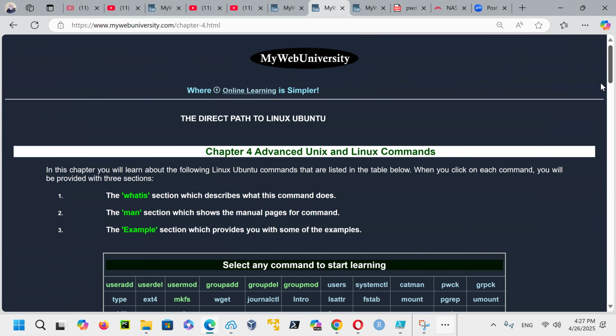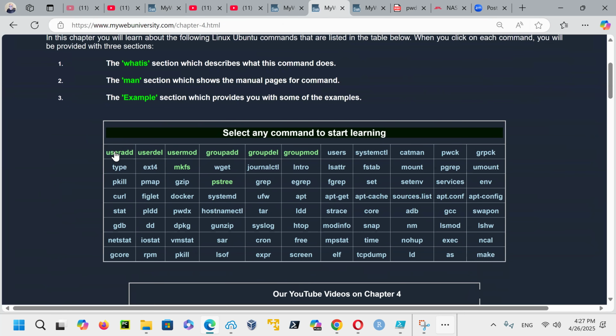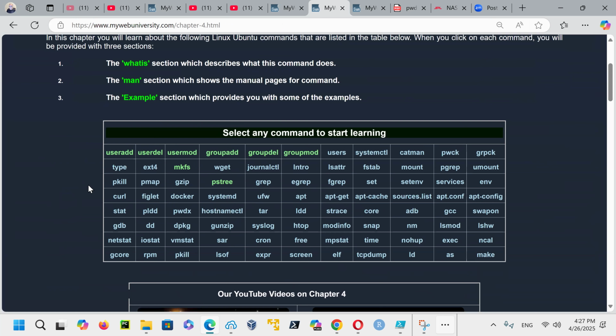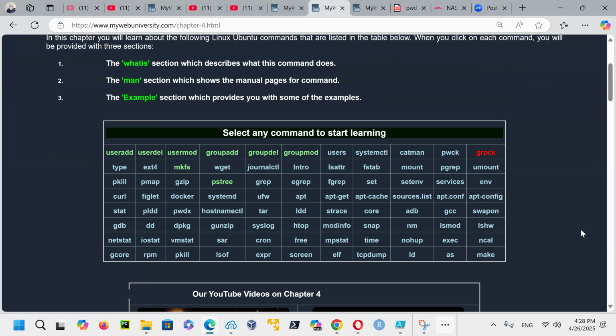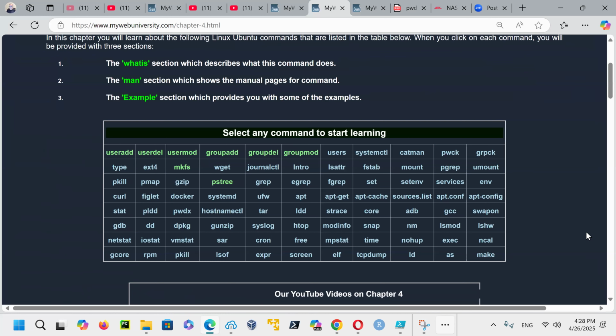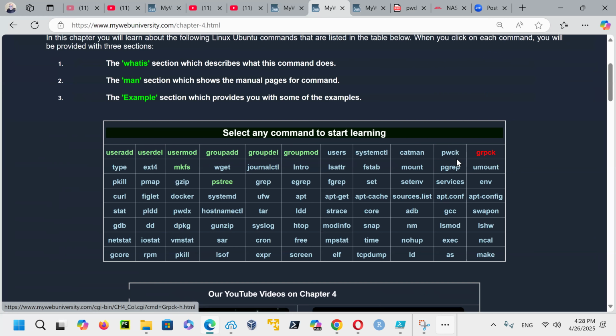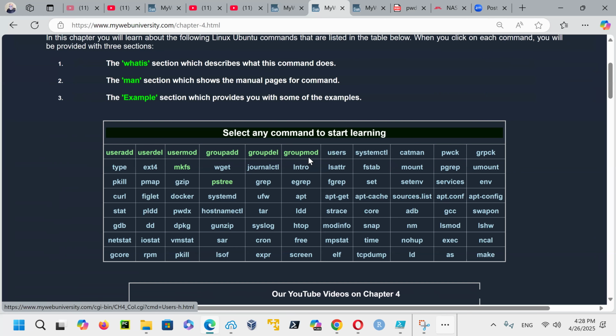Chapter 4 has about 88 commands, because there's 8 of them, and then there's 10 of them. 8 times 10 is 80, but I think it's 11 columns. 1, 2, 3, 4, 5, 6, 7, 8, 9, 10, 11.